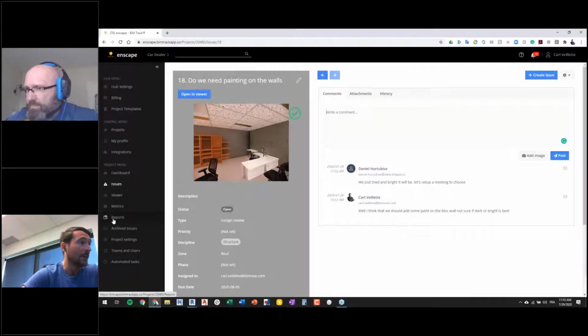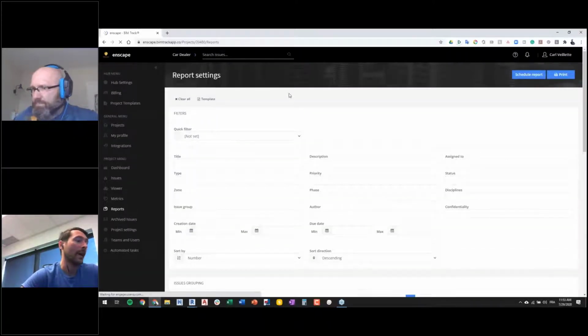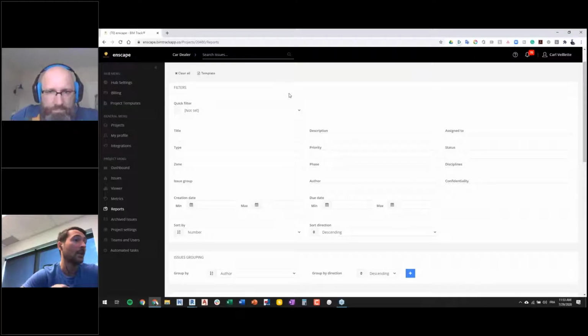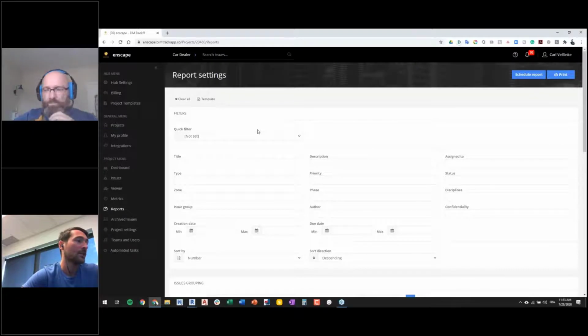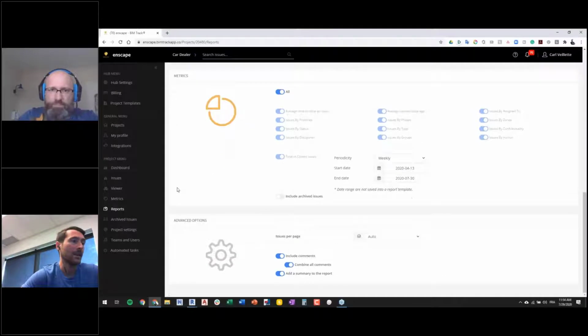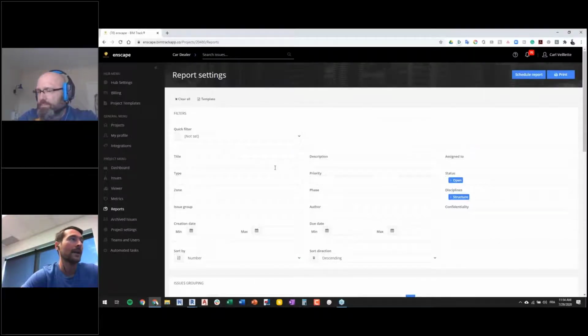But more importantly, people need to report on those issues. So usually after the meeting, someone's going to go about creating meeting minutes or meeting notes or a report of some sort. So this can be easily achieved with the BIMTrack reporting engine. So from there, what you can do is say, well, I want the issues that are open, assigned to the structure discipline here. And there's a lot of different formatting options that you can use for changing the way the report looks. But you can also schedule the report to be sent automatically. So let's say there's ongoing coordination on design review happening in the middle of the week.